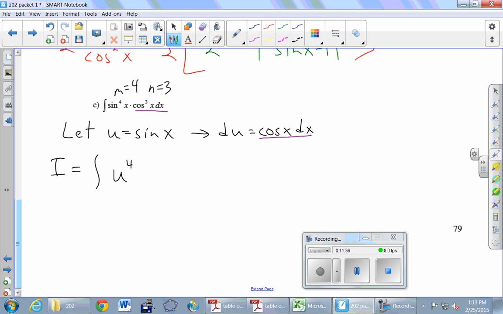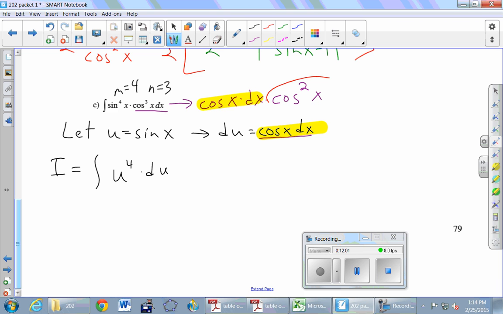So I'm going to think of that cosine cubed as really being cosine of x dx times whatever's left over. How many cosines are left over? 2 of them, right? So we're just taking that cosine cube, splitting it off because I have a very natural way to represent cosine of x dx, right? It's just du. Okay, so let's do that at least. So cosine of x dx becomes du,